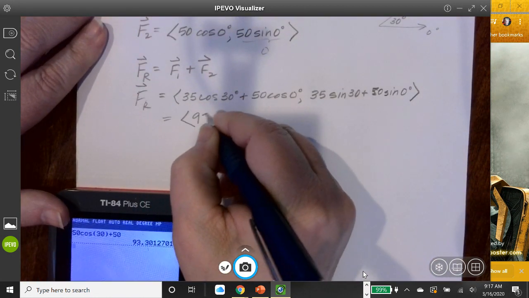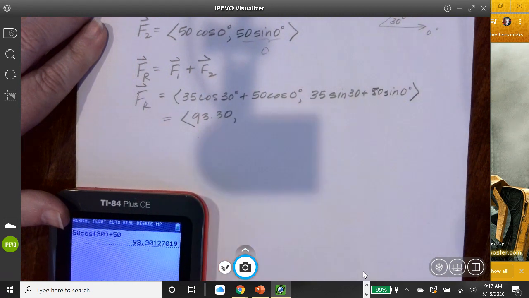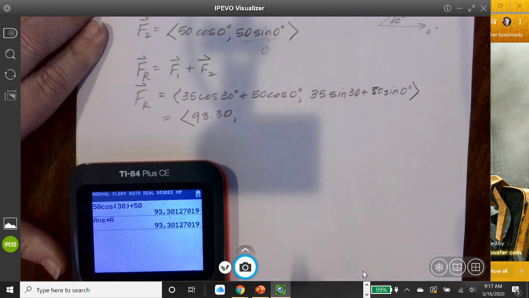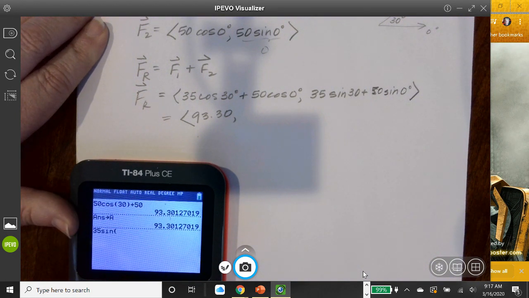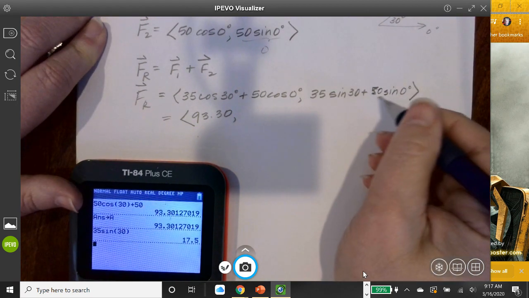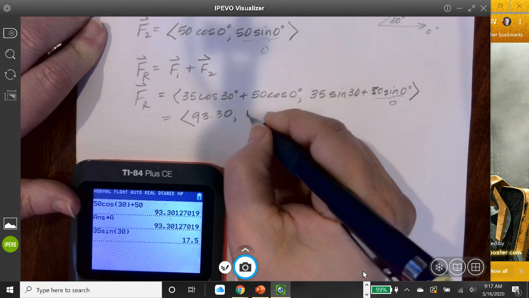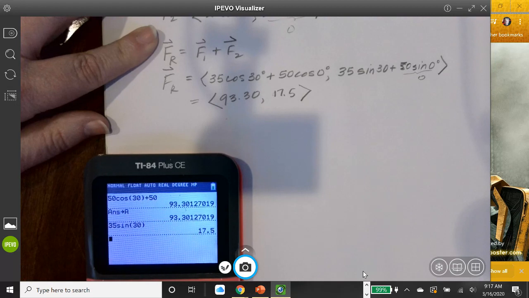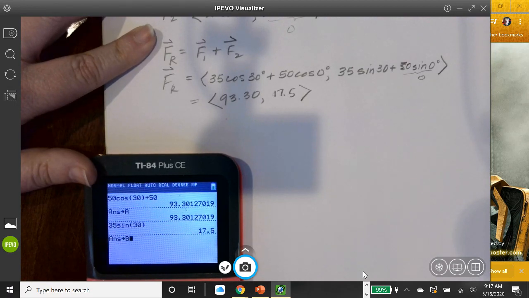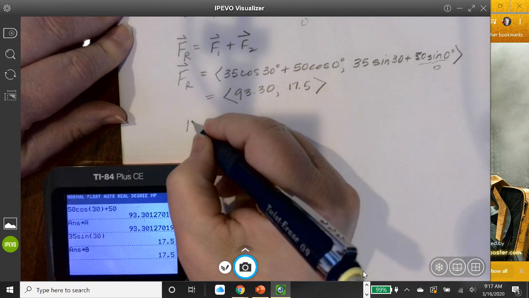So this is going to be 93.30, and I'm going to store that in alpha A. Okay, and then 35 sine of 30 degrees. And the sine of 0 is 0, so this is 17.5. And I'm going to store that in alpha B. The magnitude of this resultant vector